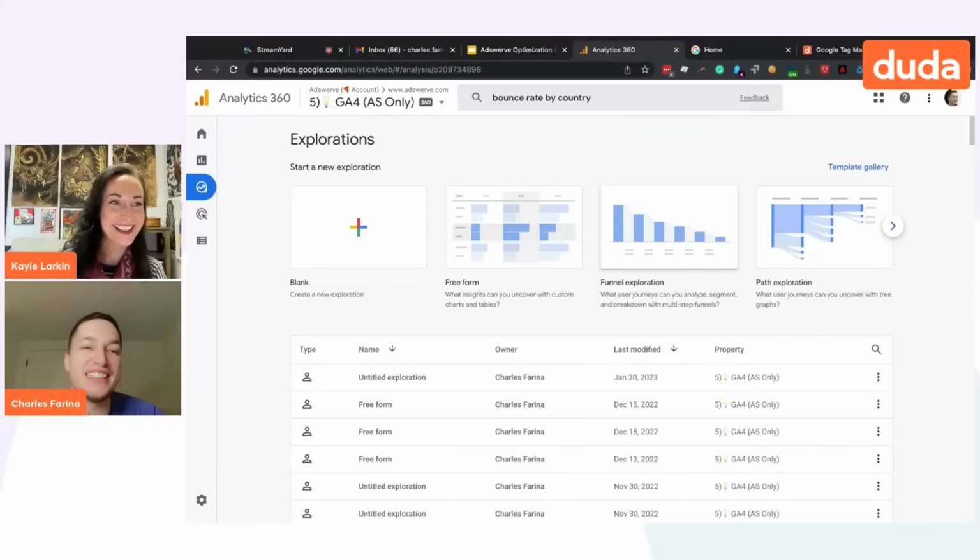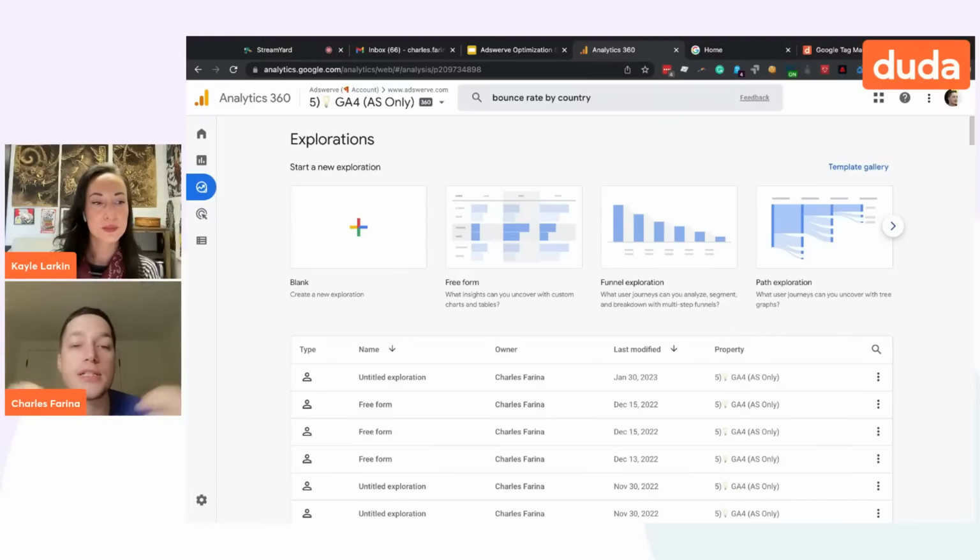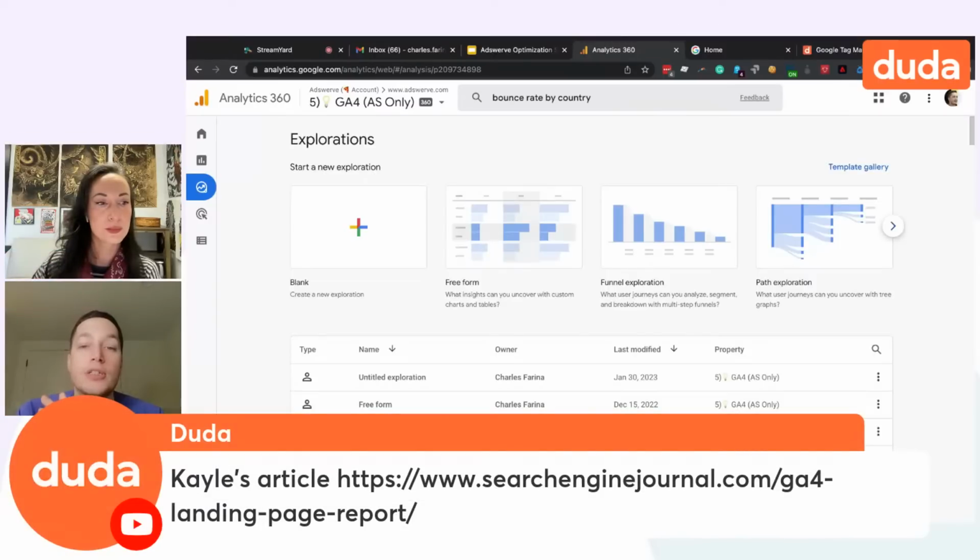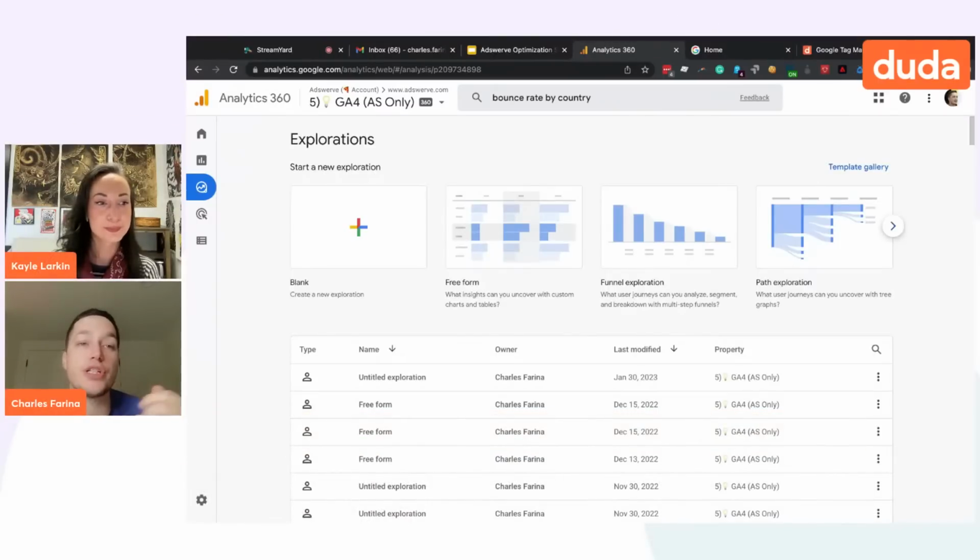So the good news is that with GA4, Google has not only added a lot of features that were only in GA360, and not only is it this explorations module, but there's also integrations. So Google has a bunch of other products which now integrate with GA. There's a BigQuery integration, which was never available in the free version. So the actual features in GA4 are substantially improved, and explorations is one of my favorite areas.